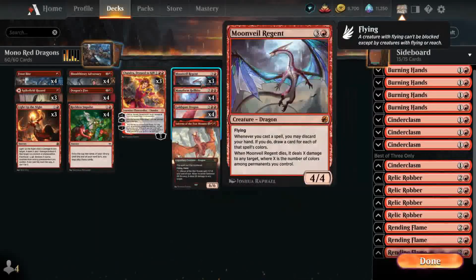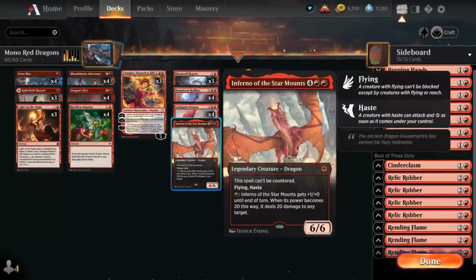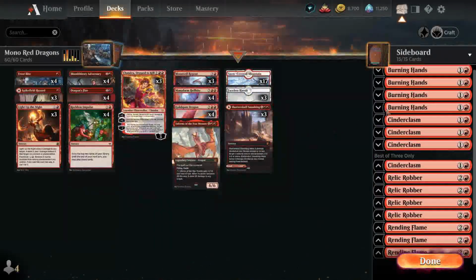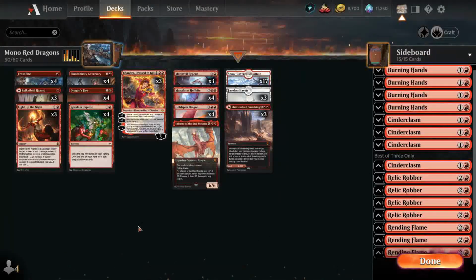And then here's our dragon package: Moonveil, Manaform, Hellkite, Goldspan, and Infernal. And like I said, it's a snow deck because of Frost. And the sideboard is basically... So from just looking at it, in hindsight, it doesn't look like it's good against control. But it looks like it's really good against creature-based decks because...